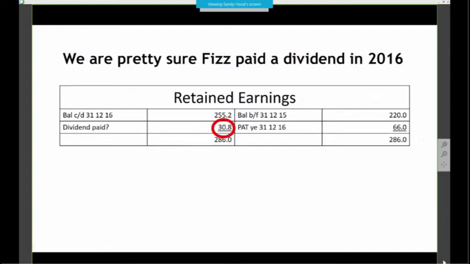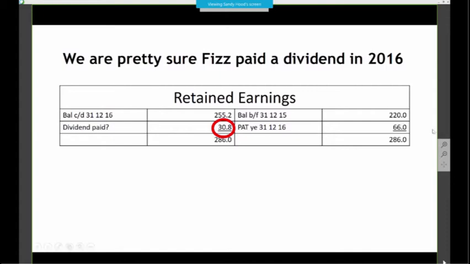So here, when we looked at our WACC earlier on, I said there were 2 methods of finding the cost of equity. Well, here I'm going to work us through and see if we can do it for Fizz. You may have already identified this, but there appears to have been a dividend paid of 30.8 million. It's highly likely that that's the reason why the balance brought forward on the retained earnings hasn't gone up by exactly the same amount as the profit after tax.